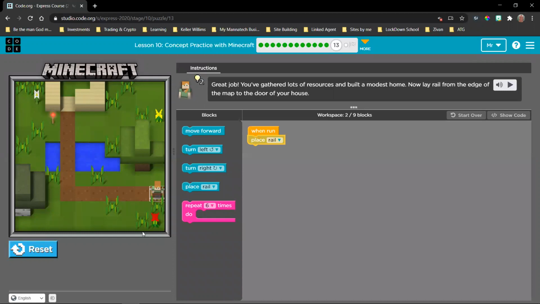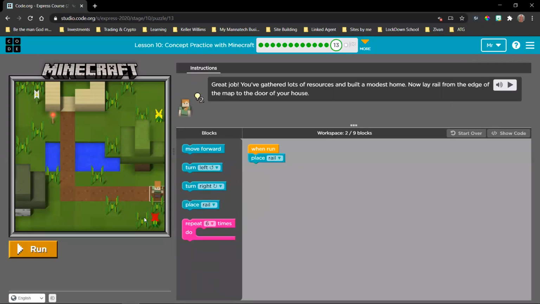And if we run it, you can see what happens there under Alex, right? So we need to place the rail from the edge of this map up to that block there. Okay. If you place the correct type of rail here next to this redstone torch, it'll actually be powered and automatically push the minecart. So the first thing we need to do is obviously get Alex aligned to move in the correct direction, which will be a turn right.